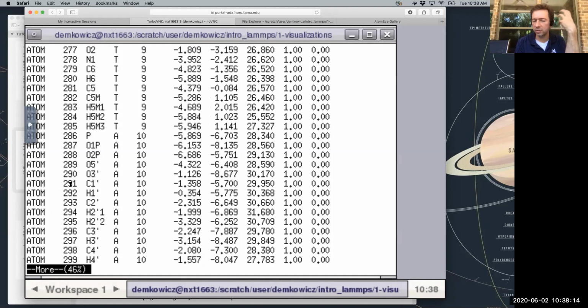It has a number, which is just the number of the atom. It has then a label, which tells you what kind of atom it is. C means carbon, H means hydrogen, O means oxygen. It's got this other stuff here, right? This is a DNA molecule, so it's got ATP. Each atom is labeled according to whether it's part of an ATP group. I'm not sure I remember what this column was for.